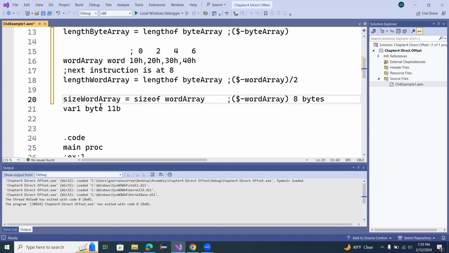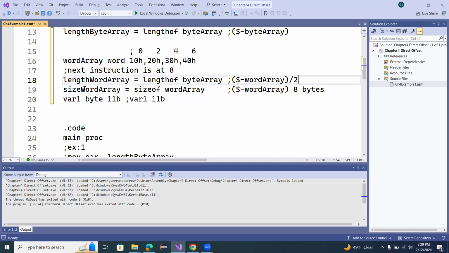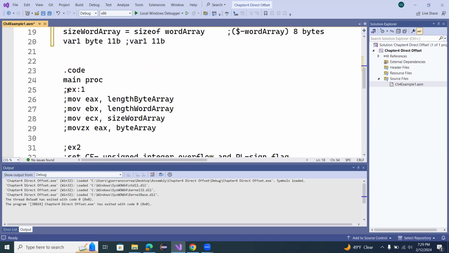And then in this next line, we're moving 11 binary into a byte. So var1 is a byte, and this is 11 binary. So var1 contains, and we're going to use that for, we're going to look at something with this variable. So first of all, let's take a look at our first example. So we're going to see what's in these